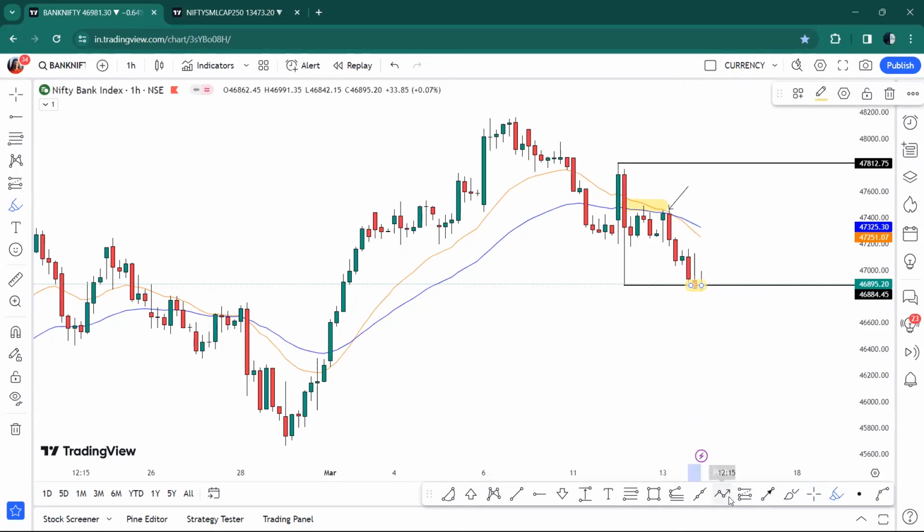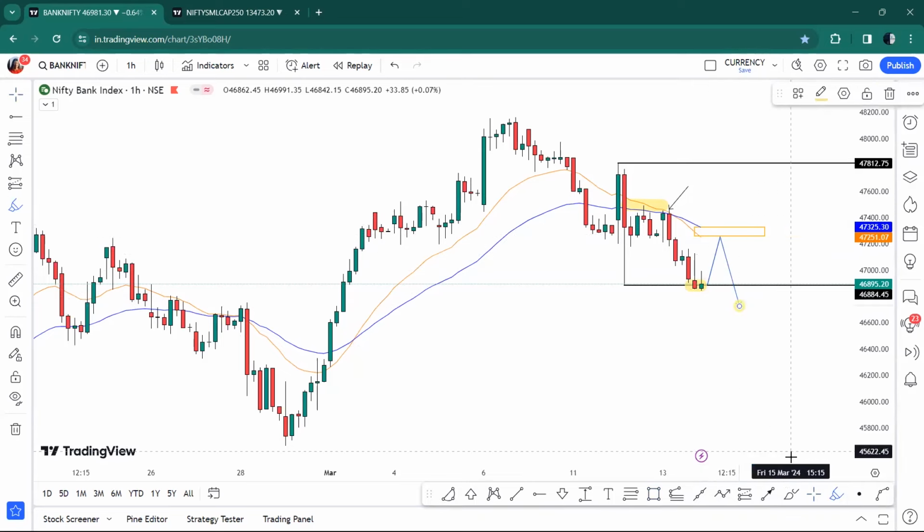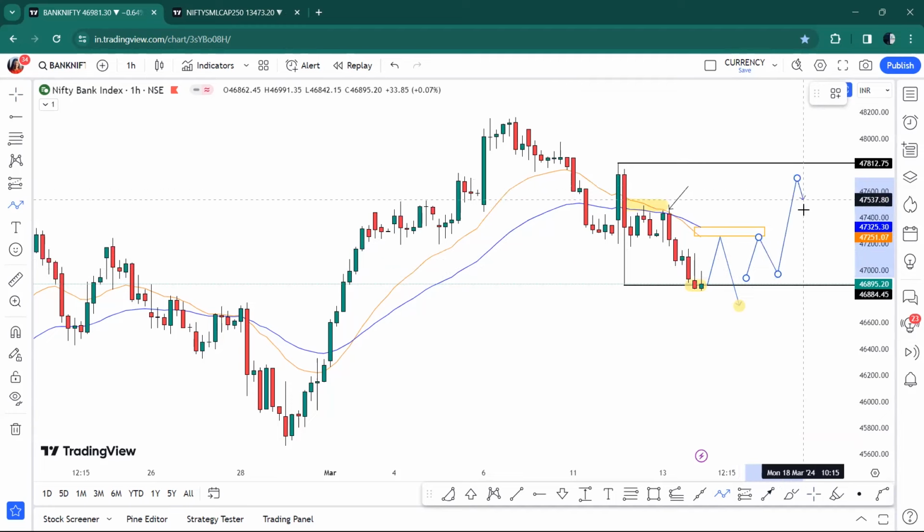Now over here, planning out fresh shots at this particular counter is not very favorable from the risk to reward point of view. But अगर हमें from the current levels एक pullback move unfold करते हुए दिखता है towards this resistance zone of about 47,250 to 47,325, which is the 20 and 40 EMA on the hourly charts, then from these particular levels हम expect कर सकते हैं that once again हमें a leg on the downside continue करते हुए दिख सकता है on the hourly charts of Bank Nifty. Also, do expect Bank Nifty to continue moving within this particular range itself until and unless